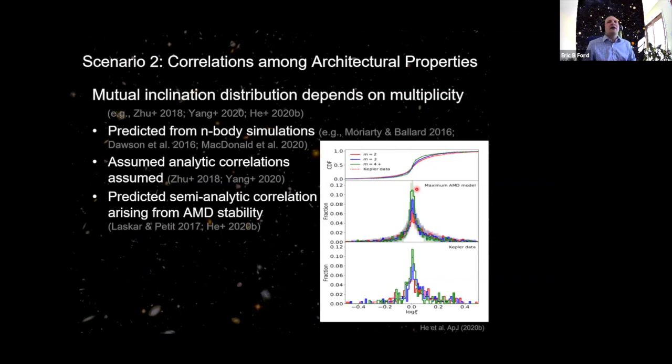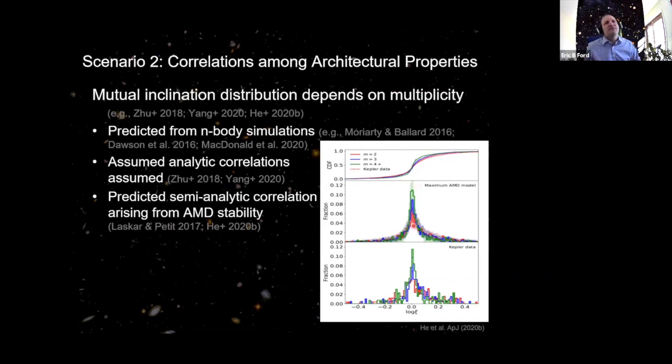Of course, not all systems are circular and coplanar, so we expect there to be some broadening, but this gives us a nice reference point because we can control for things such as the orbital periods that we measure very well, and that distribution tells us about the eccentricities and inclinations of the systems. Inclinations cause it to become skewed, eccentricities cause it to broaden out, and so we can tell that the eccentricities and inclinations of these 4 and higher systems need to be a little bit smaller than for the 2s.